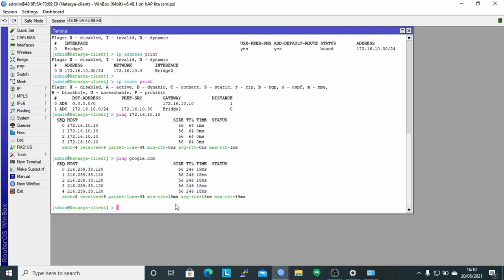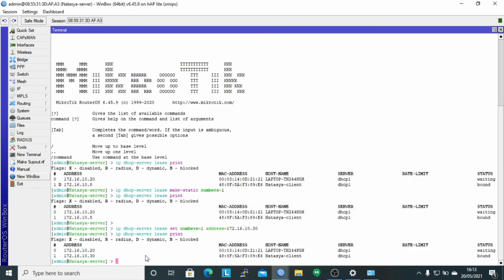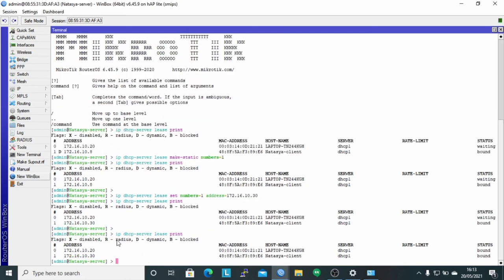And then I will change again the IP address used by the client on the router client, and here I go back again to the router server and I will change the IP on the client, namely 172.16.10.20.